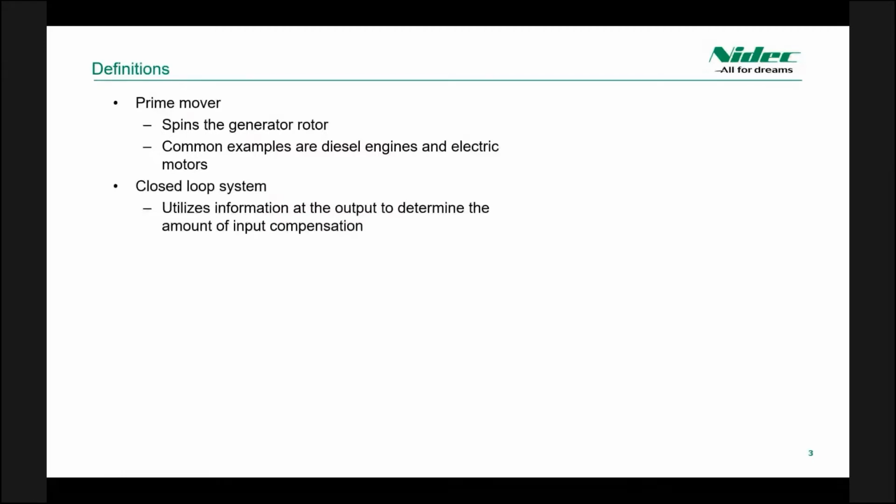Closed loop system. A closed loop system refers to a control system that is able to monitor the output and compare that output to a control signal and find the amount of error present. Then it uses that information to compensate for error. So basically, it's got a feedback loop. An open loop system refers to a control system that is unaware of the output and does not have a feedback loop.